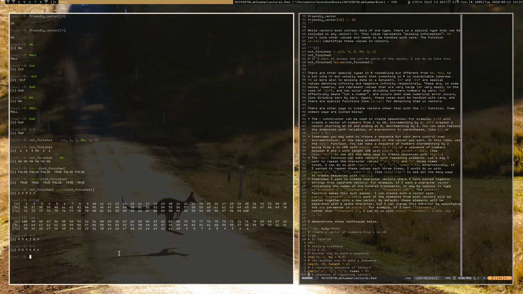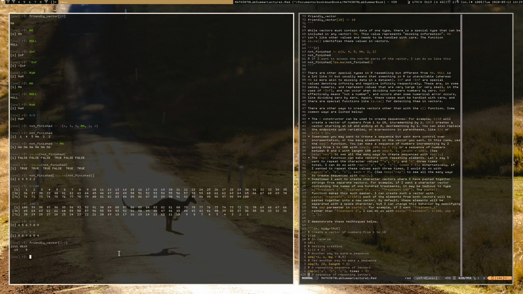So whenever you were seeing stuff like, for example, friendly vector 2 to 3, what was actually happening is you created a vector consisting of the numbers 2 and 3, or the numbers 2 through 3 if you want to be more general, and that vector was then passed to this subsetting operator, the square brackets, to then select elements in friendly vector. So that's how it was working. So this colon operator can be used to create